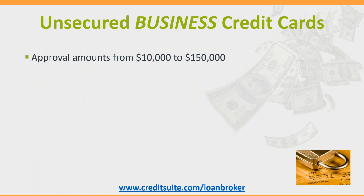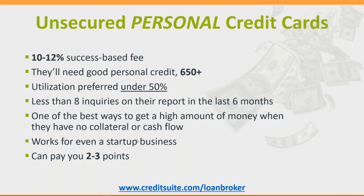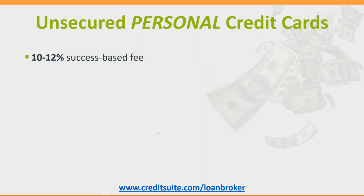So, second program. Very similar to what we just talked about, but in the program we just talked about, they're getting up to 5 credit cards that they can use. Now, I call them hybrids. And here's why, because as we talked about, these are credit cards. Credit cards give you the benefit of this: